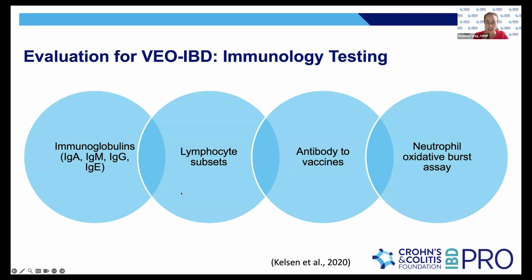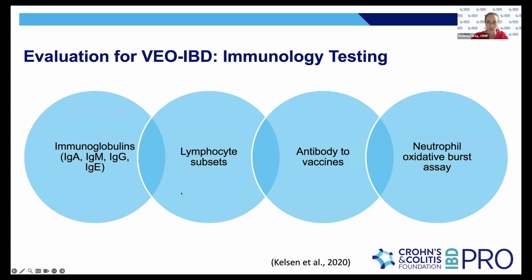So most of this testing, it depends on the institution, but we might do some of this preliminary testing as the GI team, but sometimes also, depending, we might consult our allergy immunology colleagues to do some of this testing, but often we'll at least start that. So when they meet with them, that's already completed. But just to know that once you get that suggestion or confirmation that it is very early onset IBD, we usually involve our colleagues in different subspecialties. So we include allergy immunology to help with this interpretation for sure, but we might order those additional labs just to have those ready for further evaluation.